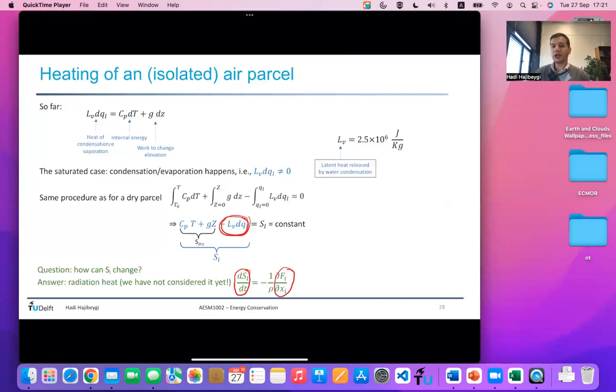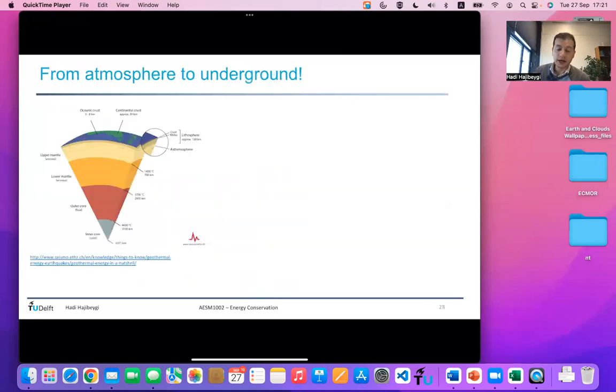In terms of hydrogen, in terms of other processes that take place in the subsurface, energy balance also matters there. So from atmosphere, we go to underground. And we do that for the same physics of understanding how dU equals dQ plus dW would be written now for another system, which is subsurface.